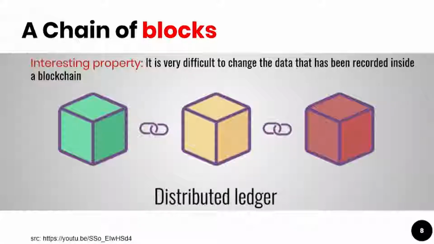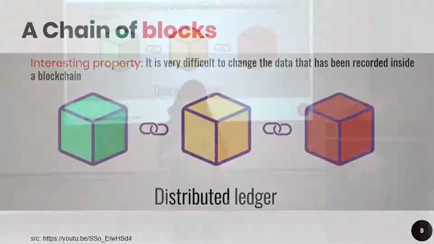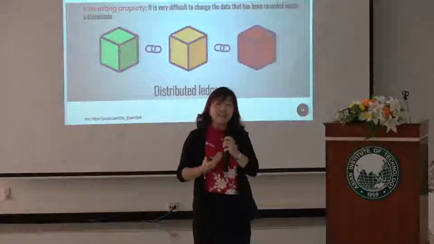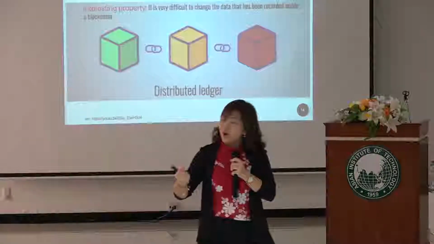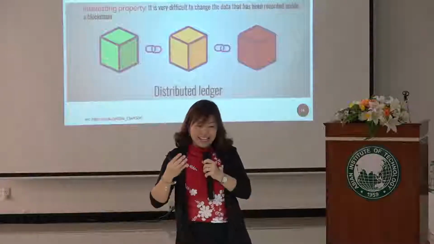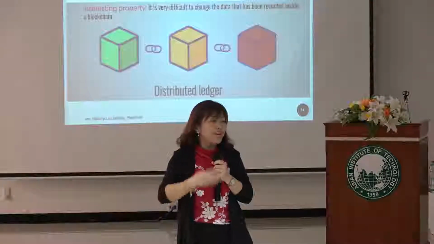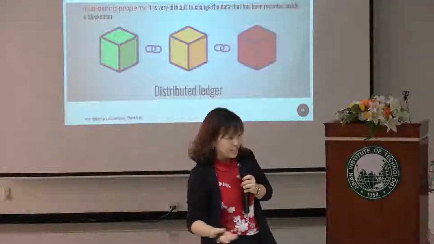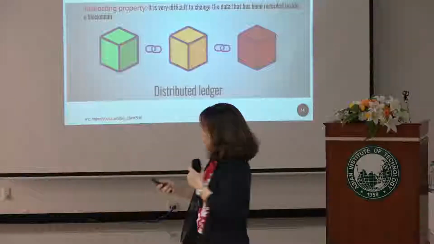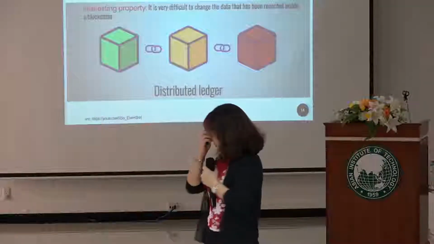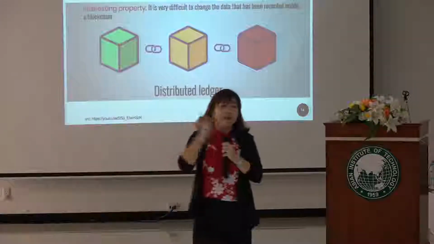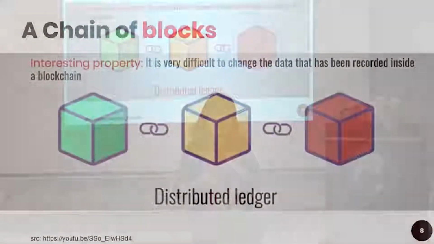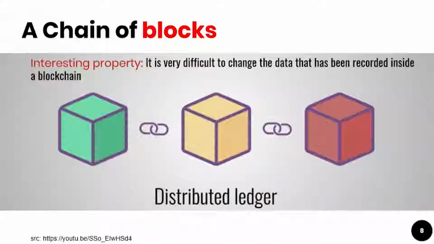So, in more detail, I will talk a little bit more about the technology so that you can understand why that can really happen. Why, as I said, when someone has already made some transaction, can we prove that nobody can change the data? So, what is the technology in detail? From the name, blockchain, it means that actually it is a chain of many blocks.